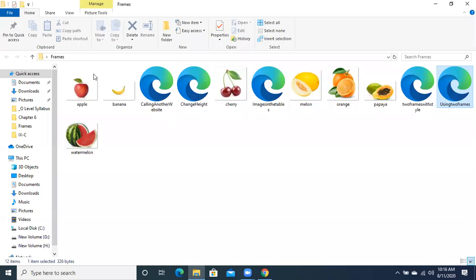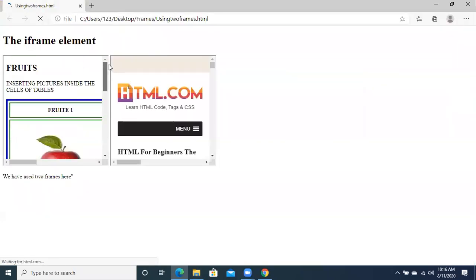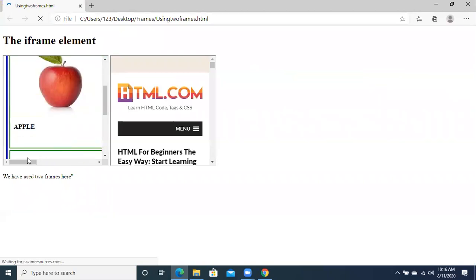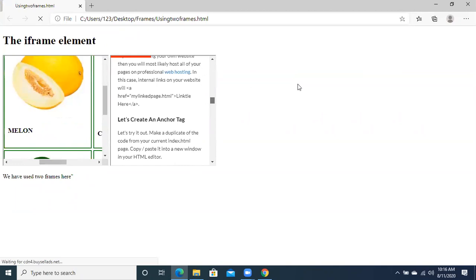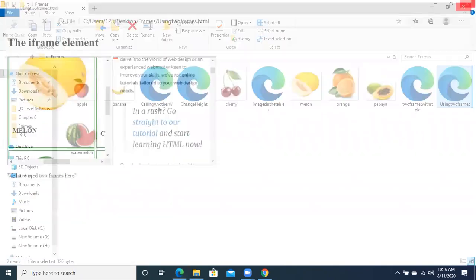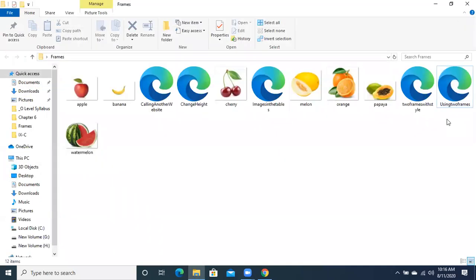One frame is having a local file from my computer, which is another HTML file, and one frame is having a complete website from the internet, which is html.com. So this is how we can take two frames, three frames, four frames, depending on our requirement. It does not matter how many frames we are going to take.